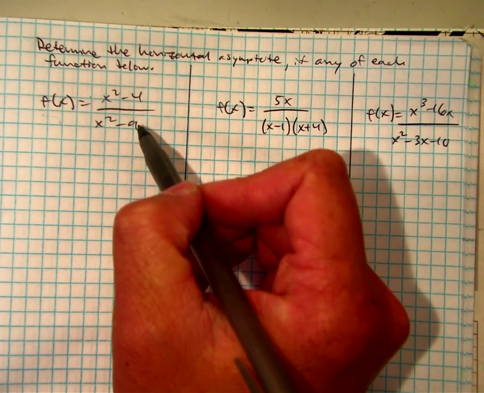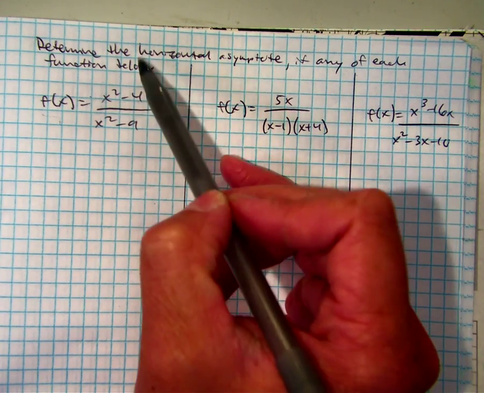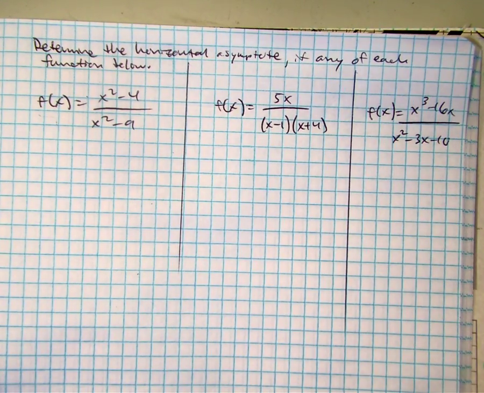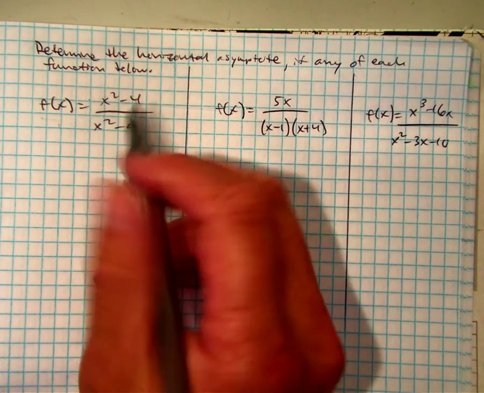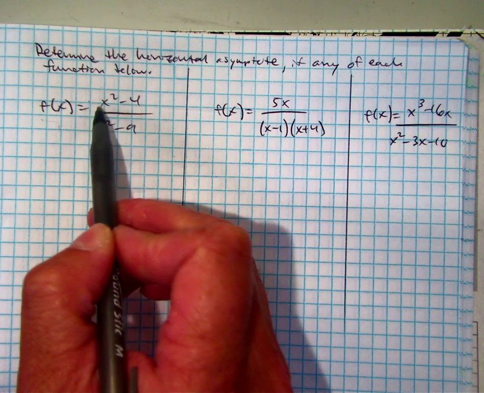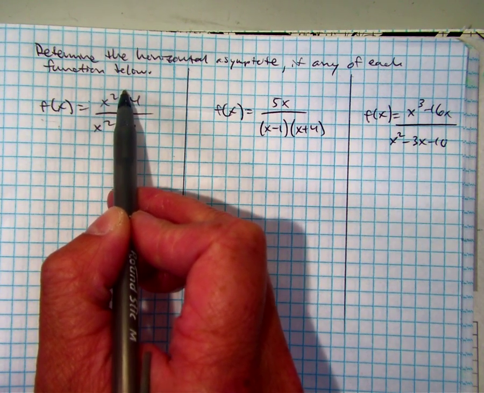Now on Friday's lesson we were asked to find vertical asymptotes, and you would factor, but horizontal asymptotes you don't need to factor. All we have to do is make sure they're in descending order. Everyone say descending order. Descending order just says, x to the second. I don't have an x to the first, so that'll be 0x to the first, and then this would be